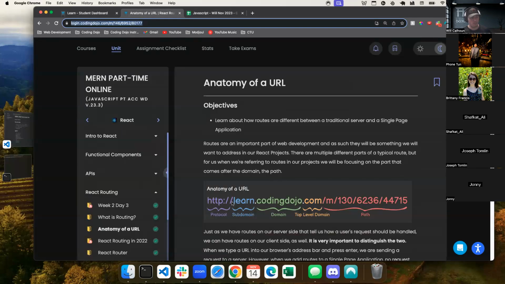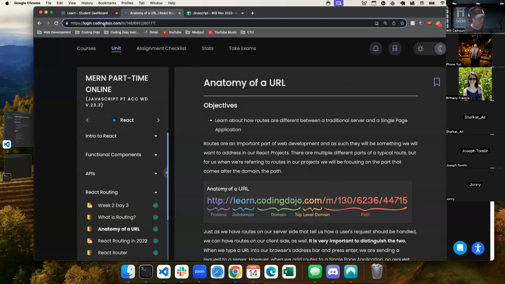This anatomy breaks it down to where you have a protocol, which is HTTP, and if it's secure, then it's HTTPS. Then you have your subdomain, your domain, and your top level domain. You've seen google.com or facebook.com, so you understand what a domain is. The main thing to talk about is the path. What this path does is allow us to dissect our application so we can show users something unique or specific anytime they do some sort of action.